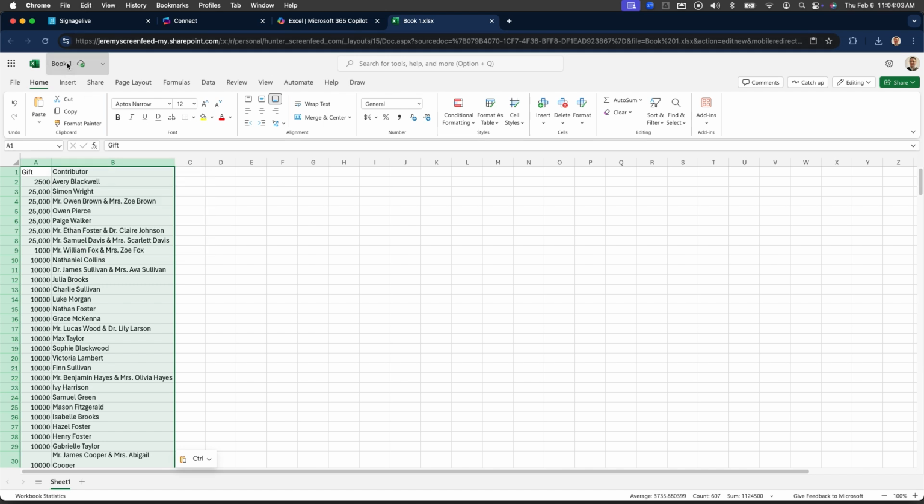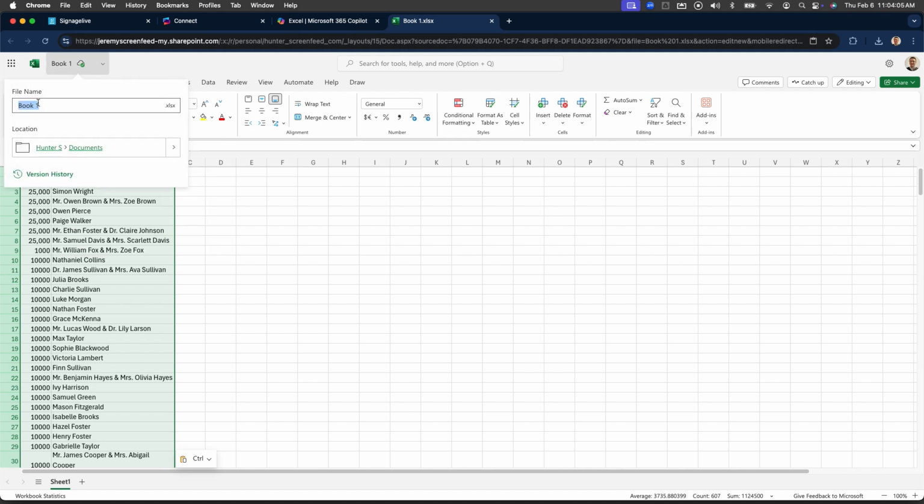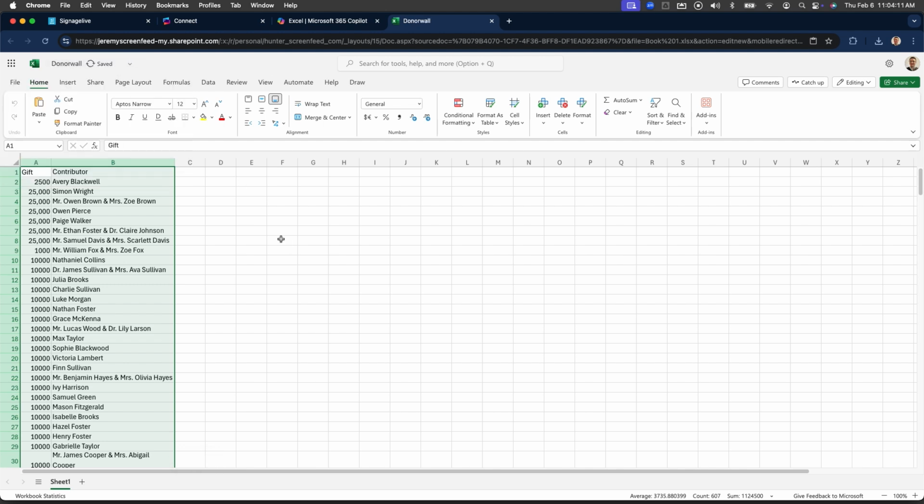We'll go to the name of our file, and we're going to call this donor wall. Easy enough.